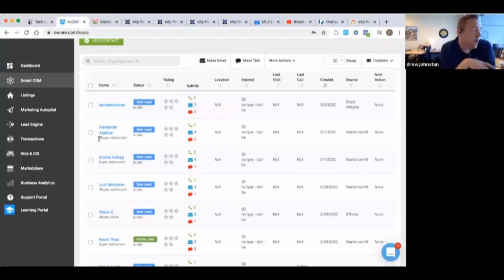So I can hashtag buyer, and I have every one of my buyers, so my sellers don't get any of these text messages or emails. I can go straight to buyers. Or let's say I had a listing and I had 20 leads that came in off of that listing. I want to send a mass text message just to those people that came in from that house. Let's say it just went pending. I can send a text out to those 20 leads and say, hey, so sorry guys that you missed out. We got another listing coming up in that area. Are you still looking? See the engagement that we can start getting.